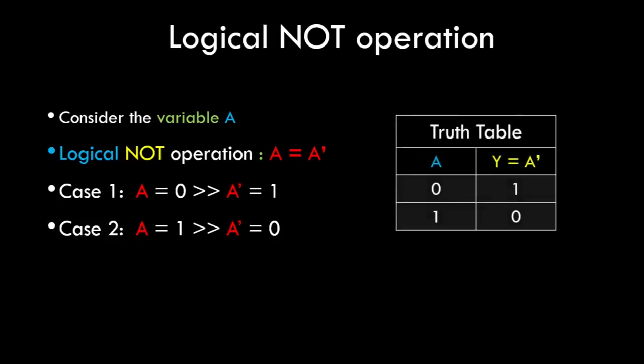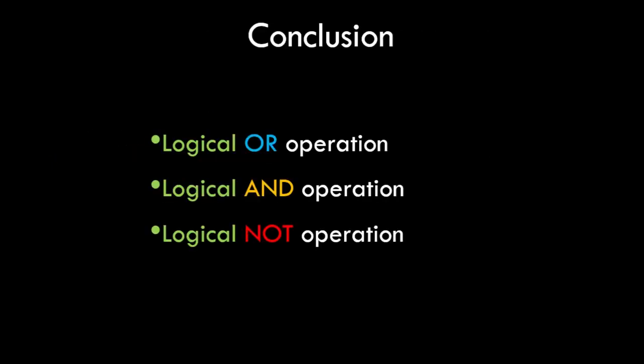Summarizing this into the truth table, we have the first column to be the A values and the second to be the RHS, that is the complement of A values, which is exactly opposite. So that's it for this video. In this video, we learned the basic operations of Boolean algebra which we will be using throughout our tutorials, and these operations are very important because they are used in almost all these numericals.